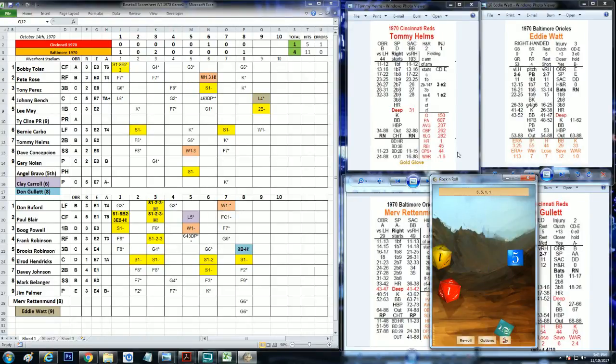That's going to be bad if you are a Baltimore fan. Against the right-hander, 2-7. 11 does not fall in that range, so it's coming off a Tommy Helms card. It's an 11. That's going to be a 1 BF, an infield single, actually, which is the best you could have hoped for